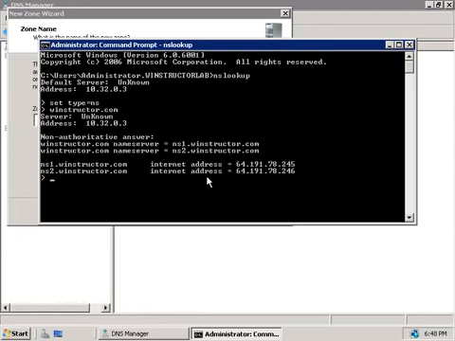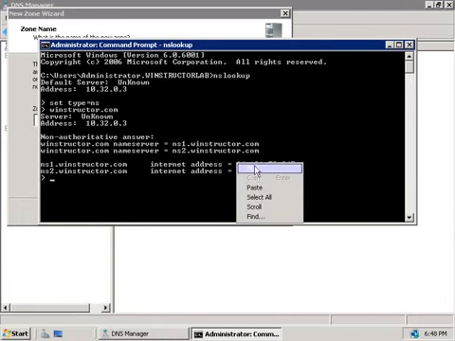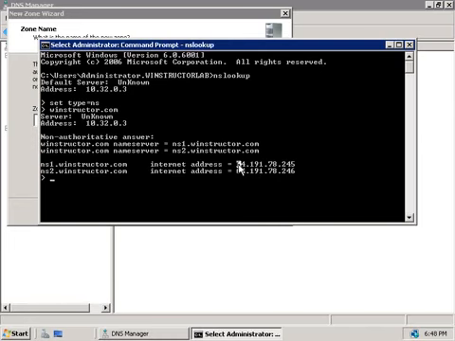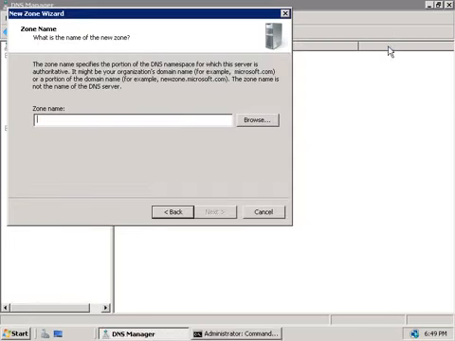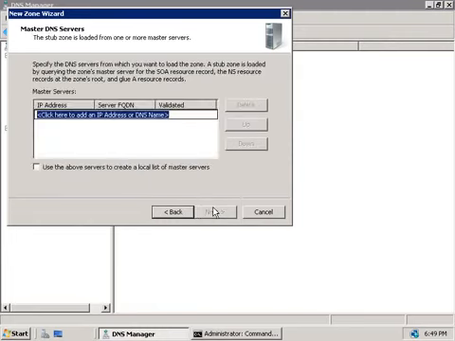And you'll notice that this has returned the IP addresses of the DNS servers for winstructor.com. So we'll right-click and choose Mark, and we'll highlight one of these addresses and then hit Enter, and that'll copy that IP address to the Windows clipboard. And now if we go back to our DNS console, we'll enter in winstructor.com